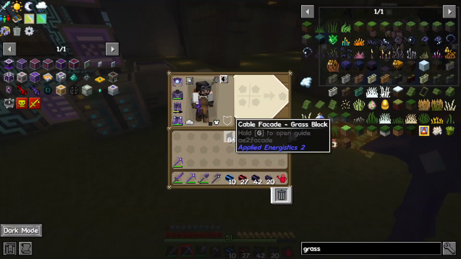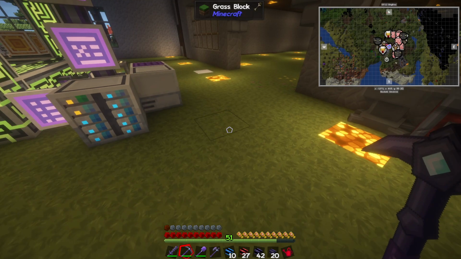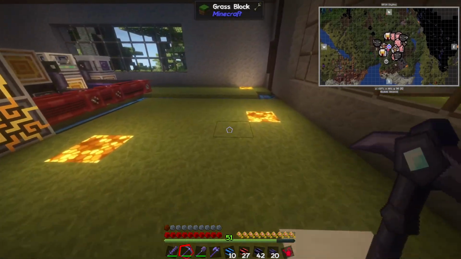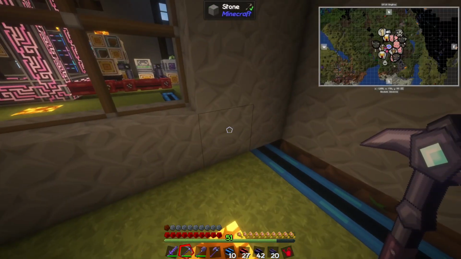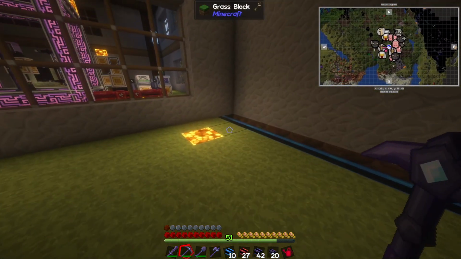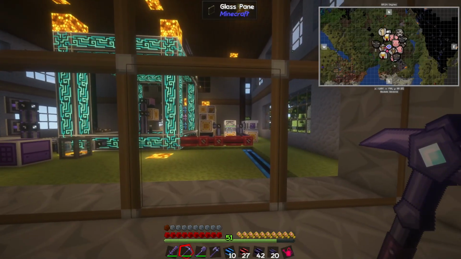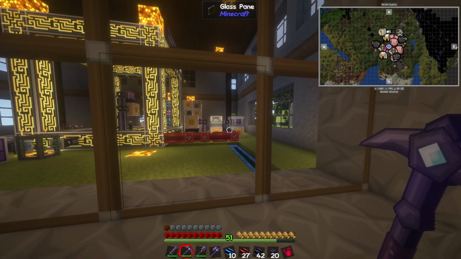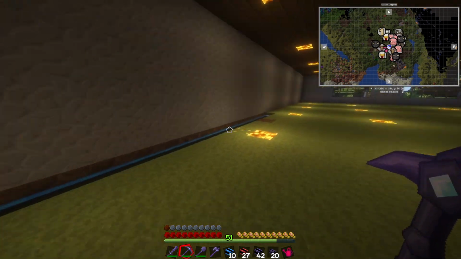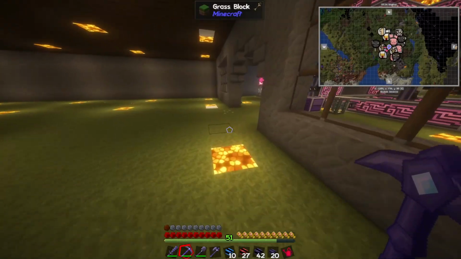So then you might also be curious, like, okay, well, why do I ever need the smaller smart cables if it doesn't transfer as many channels? Well, I can actually show you a decent application in what I'm going to do with my setup here. So what I'm going to do is I actually want to move my machines from over there. I actually want to put them in here. And the way that I'm going to do this